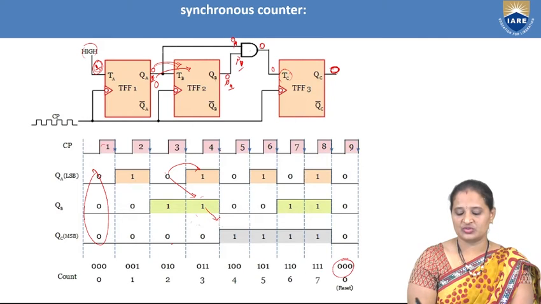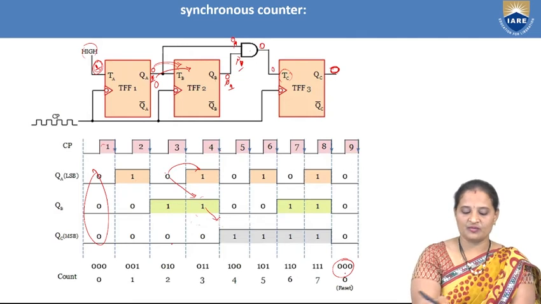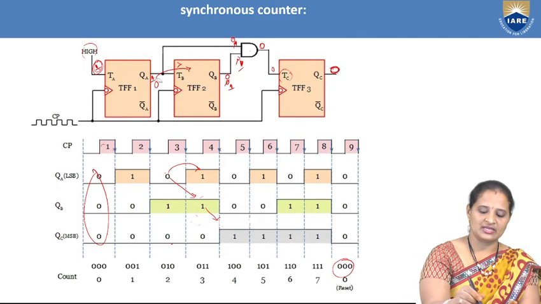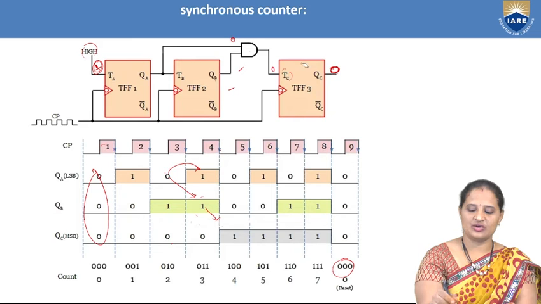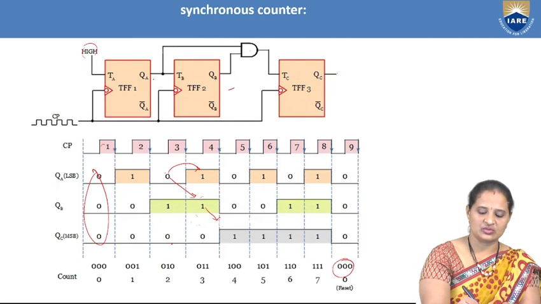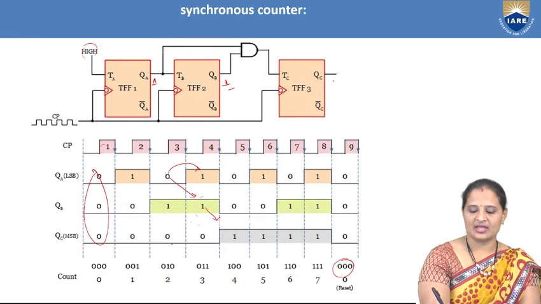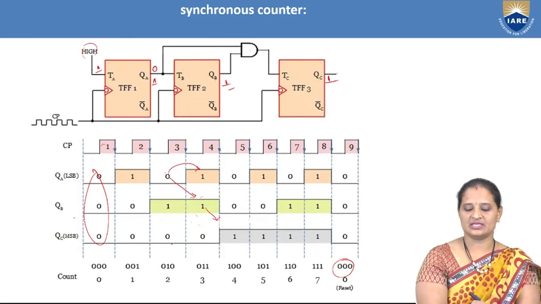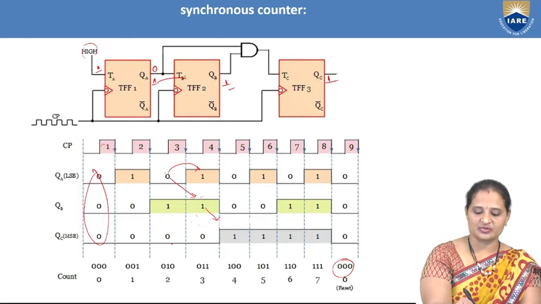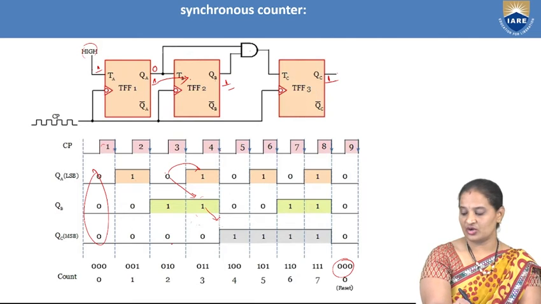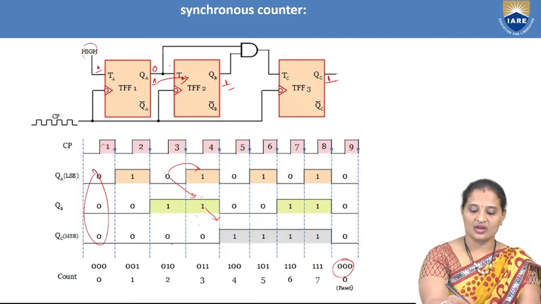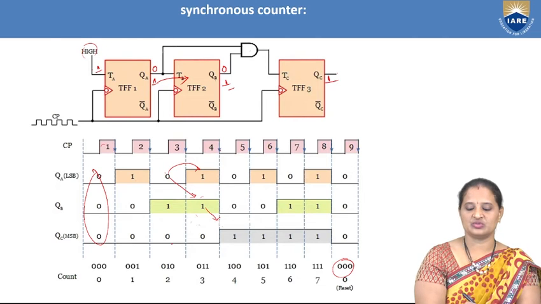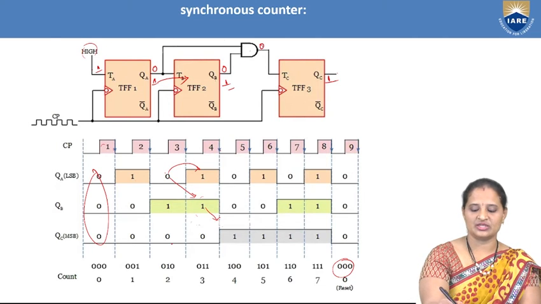And finally it goes back to the triple. So for example, let us erase all these. Now let us consider what happens when all are initially at 1 and 1. So this is 1, this is 1, and this is 1. So now what happens? As it is 1, it toggles here. This is 0. Now this 1 is pushed here. So now as the toggle input to the second flip-flop is 1, again this changes its state to 0. So 0 into 0, 0.